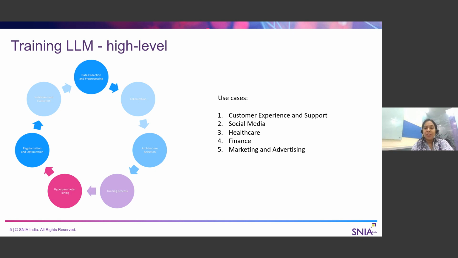The other one is social media, with content generation. Basically, you can write blogs, you can write articles. So all these things related to social media can be taken care of. Then healthcare, where for any medical diagnosis, you can just feed your LLM with data that is purely related to healthcare, and that will train it, and you can use it for medical diagnosis purposes. Finance, marketing, and advertising are where you have target marketing depending upon the geography and demography of the user. You can push different marketing techniques and products to the people in that particular region. So these are the well-known use cases of LLMs.